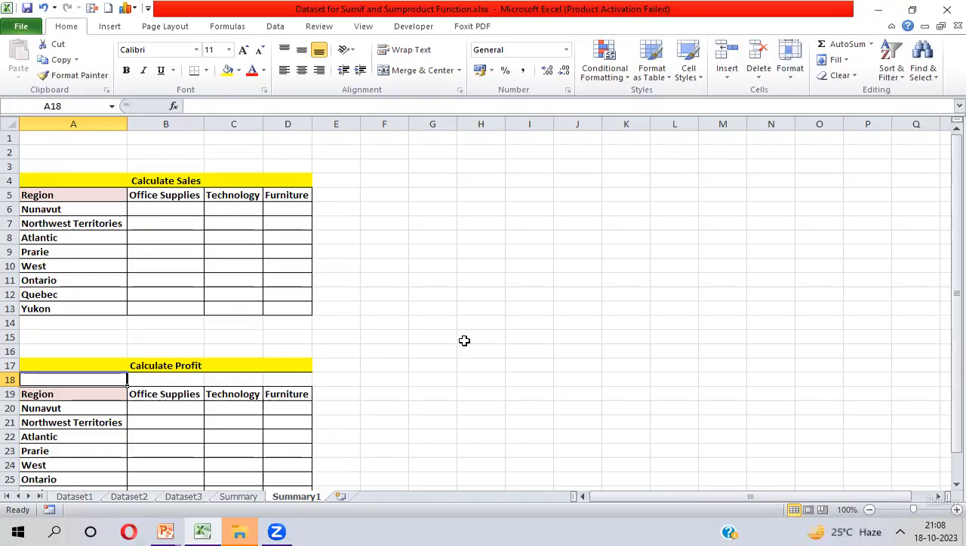So here, region is a column, and there are different product categories. This is the name of the product category. On the basis of this region and product category, you have to calculate the sales value. So how can we calculate the sales value? You need to apply here equal to